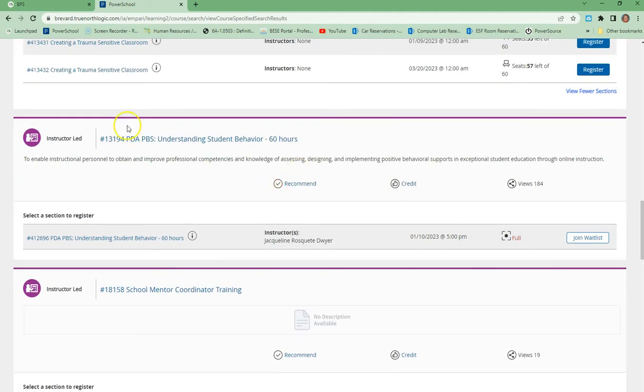So we come down here and there is a PDA, PBS, Understanding Student Behaviors course. It's a 60-hour course. PDA is Professional Development Alternatives, and these courses are taught by FDLRS, the Florida Diagnostic and Learning Resources System. FDLRS supports the entire state of Florida, and the PDA courses are all considered SWD, Students with Disabilities. And so this course, Understanding Student Behavior, is obviously coming up under classroom management because that is the content of the course. If I wanted more course information, I could click this hyperlink to find out a little